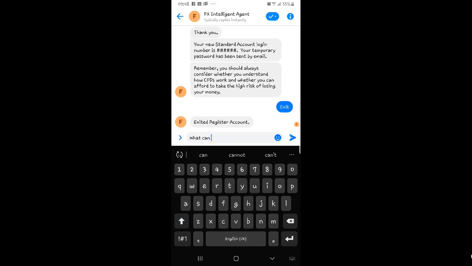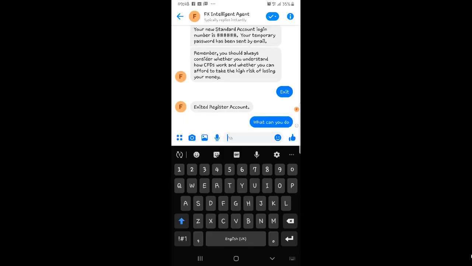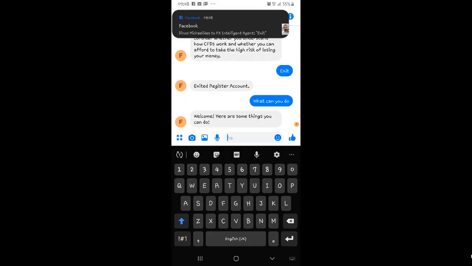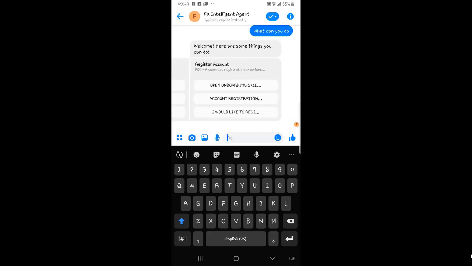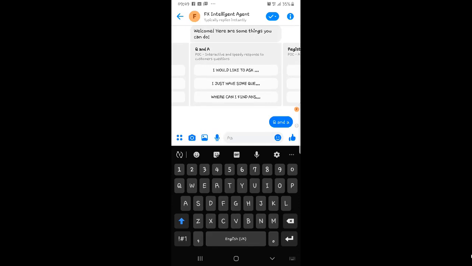another skill which I'd like to show in this presentation. What can you do? Right, so out of the three skills, I already showed the open trading account one, and I went through the register account. What I'll show is the Q&A. So at the moment,